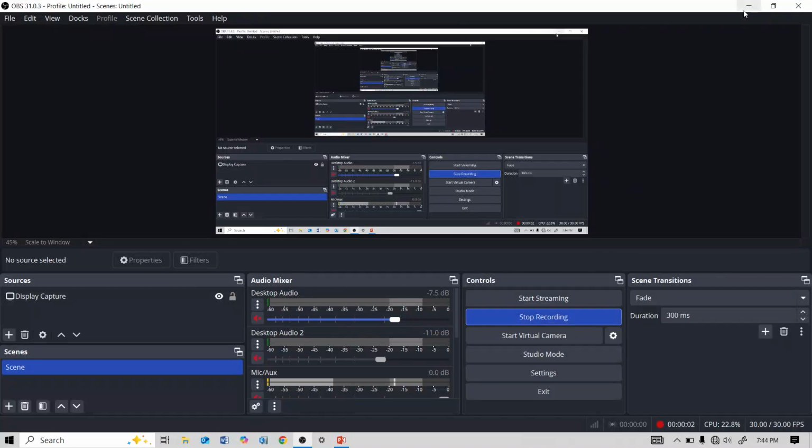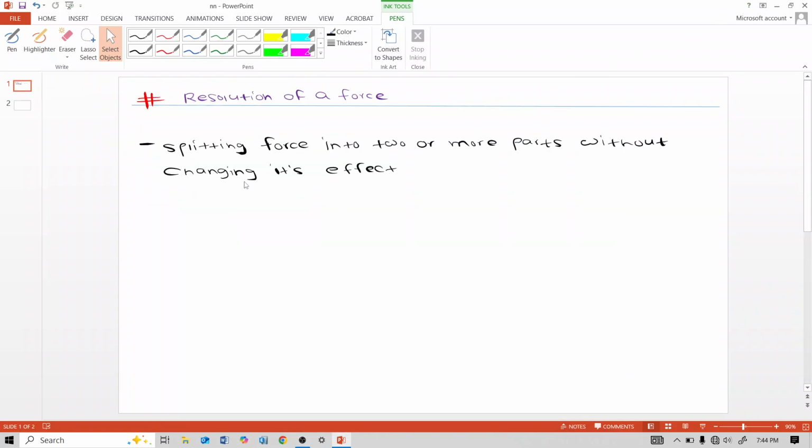Hello all. Today in this video lecture we will see resolution of a force. The process of splitting a given force into two or more parts without changing its effect is called resolution of a force. Splitting a force into two or more parts without changing its effect is called resolution of a force. So let us consider this point A, and here at point A this force F is acting,